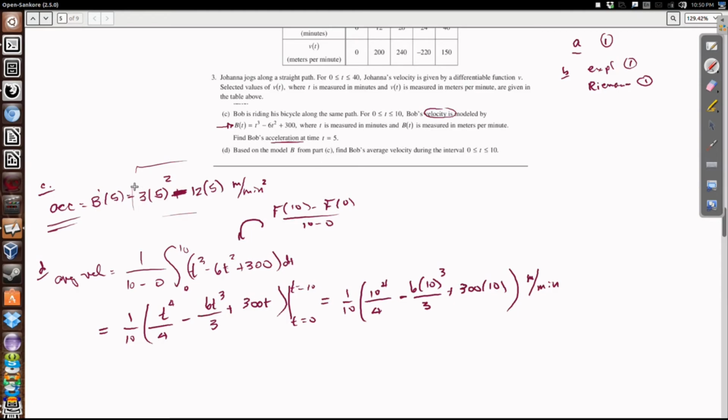Then we have our acceleration, so recognizing the acceleration is the derivative and then actually substituting in the derivative, that's going to be another couple of points. And then using the average value of a function, you're going to be probably a point for this and a point for the constant and limits and another point for this. And again, with the idea that because we're dealing with units, that 1 point is going to be dealing